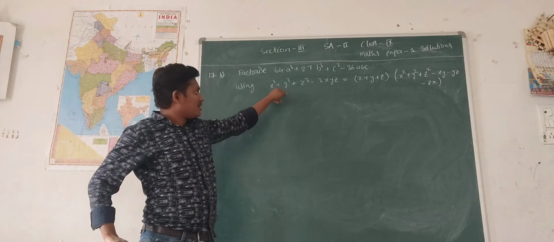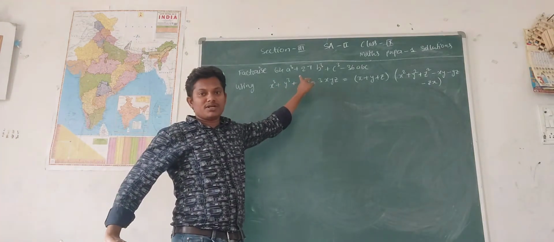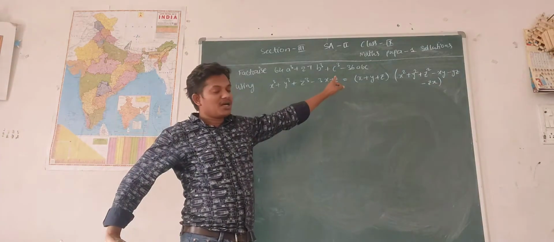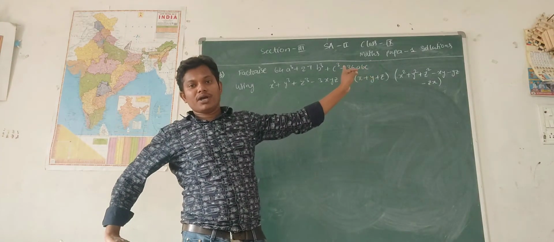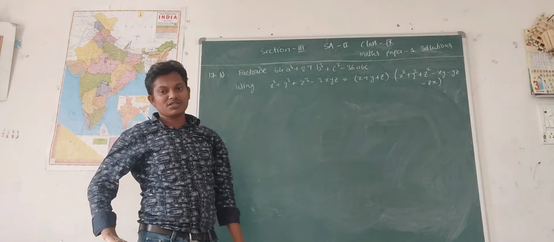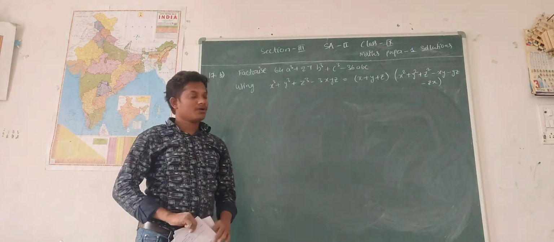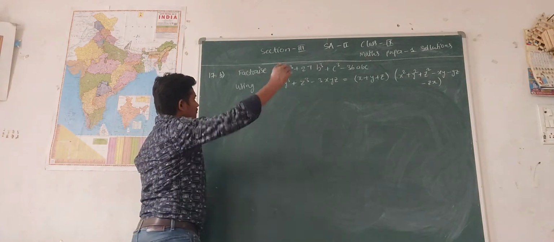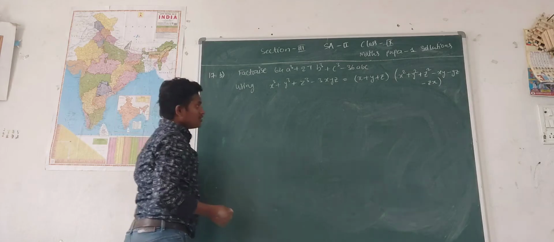the equation, that is x cube plus y cube plus z cube minus 3xyz, equals x plus y plus z into x square plus y square plus z square minus xy minus yz minus zx. Okay, this is the suitable identity. So first thing, observe here,